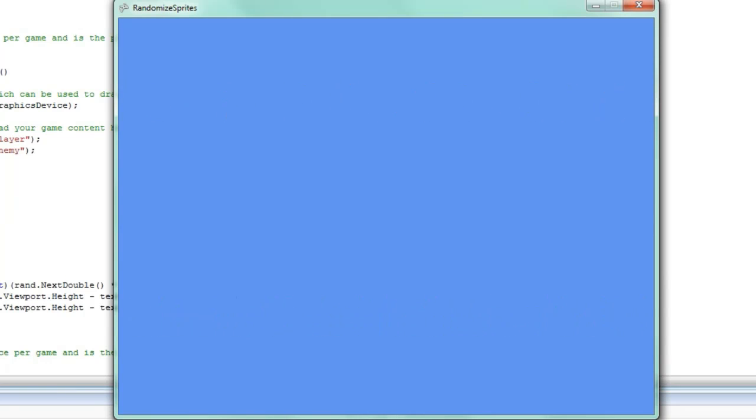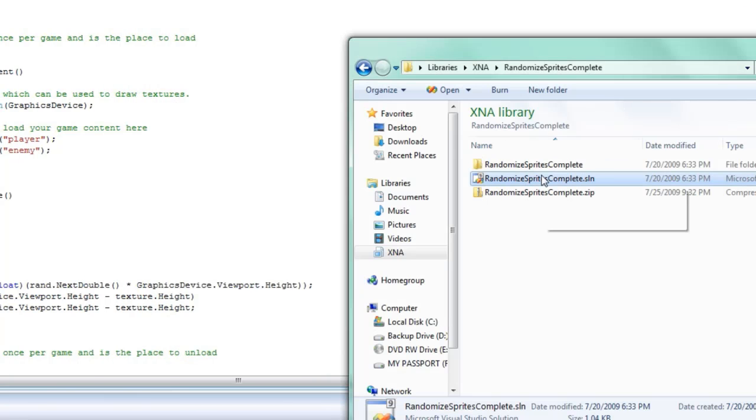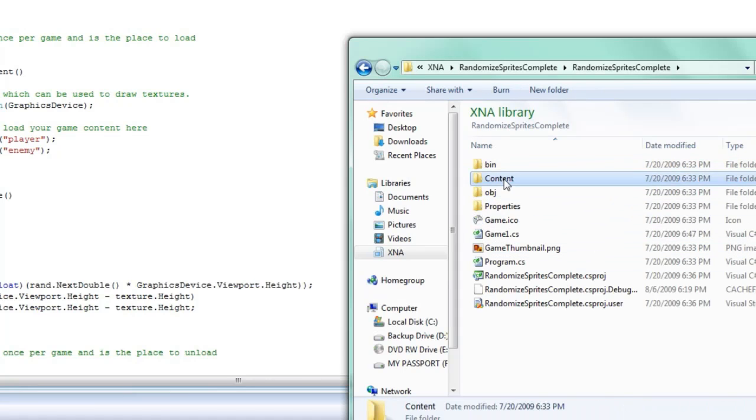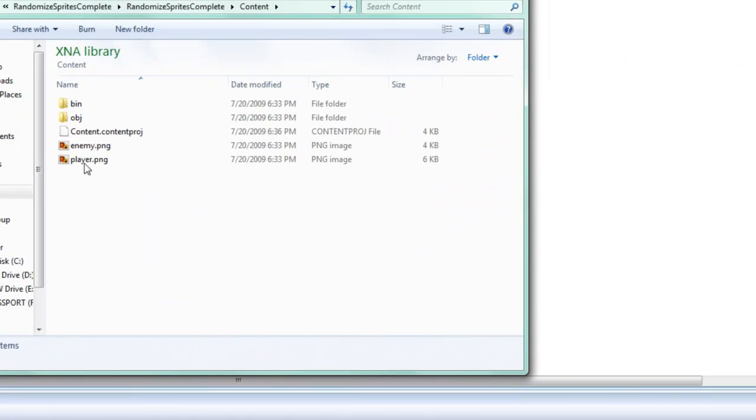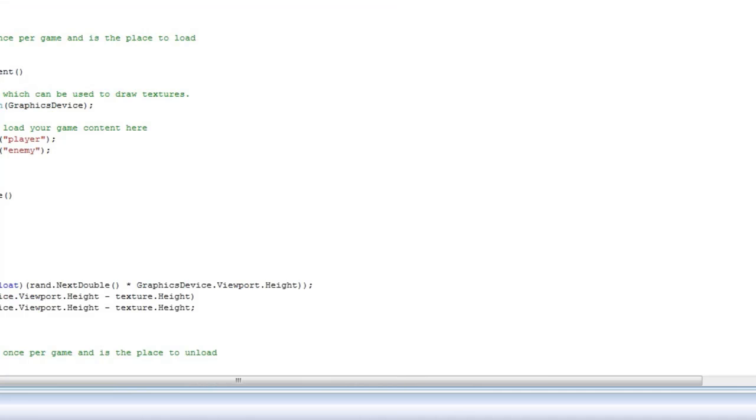player, enemy, player, enemy, enemy, player. So it is randomizing. Now the player is a bit messed up. I manually changed the player sprite to a rotated to the proper degree. If you don't care about that, just leave it alone. If you do, you can just load up the